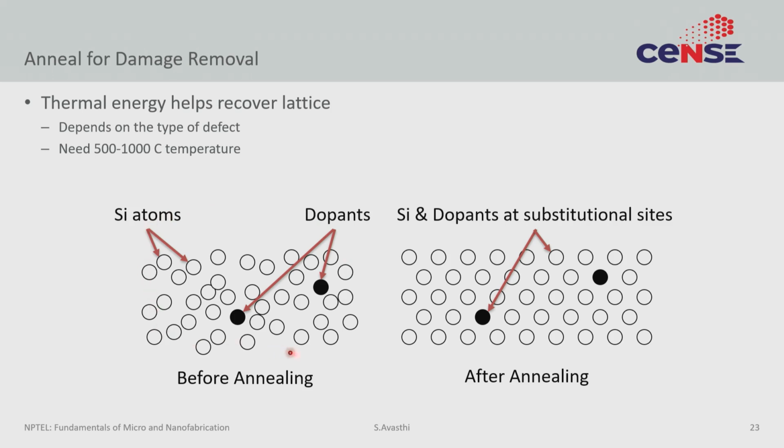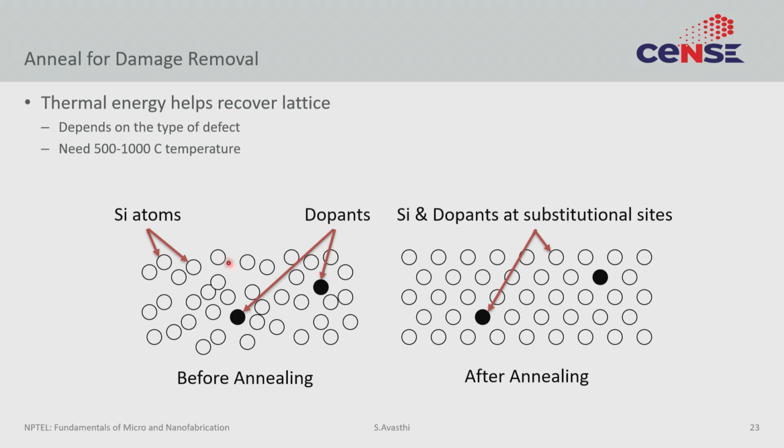So, if you were to anneal this system, if you were to take the system to a higher temperature, then the system would like to reduce its energy. It will have enough diffusivity of atoms to be able to reorganize and find its lowest energy position. And in that lowest energy position is when all these atoms are at the lattice position. So, not only will this anneal away your damage, but it would also allow you to now put these dopant atoms at a substitutional position, and at the substitutional position is when they start giving you electrical doping. This process requires a certain temperature, typically around 500 to 1000 degrees C.